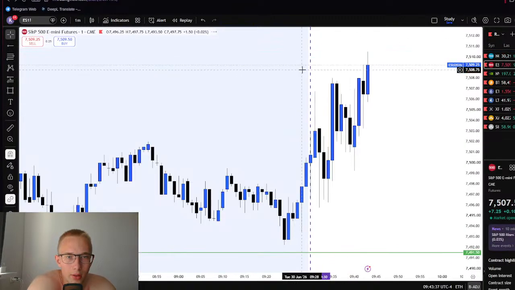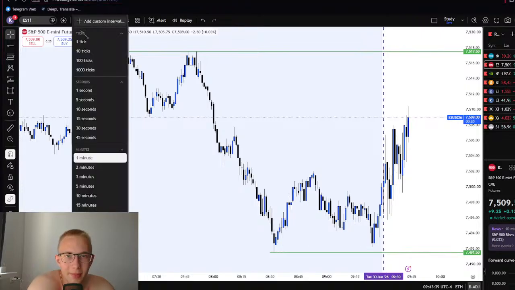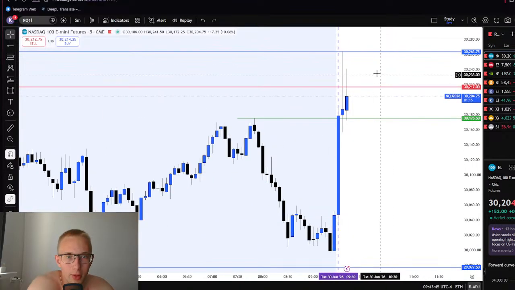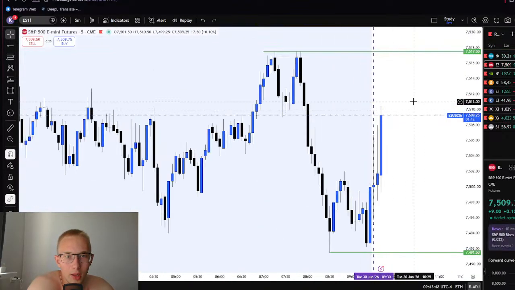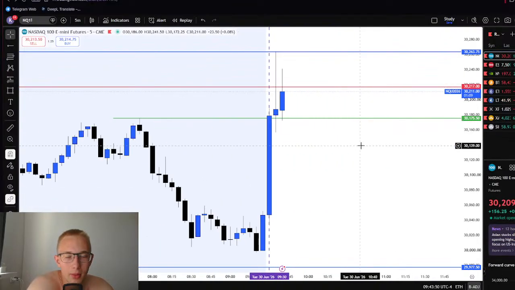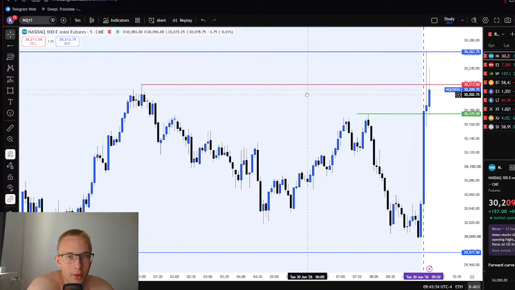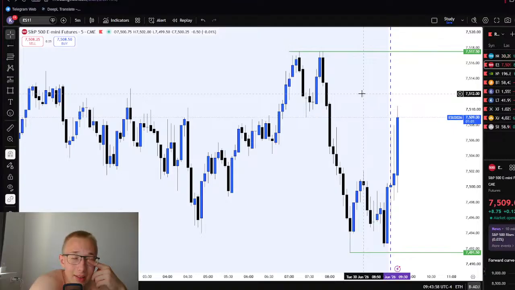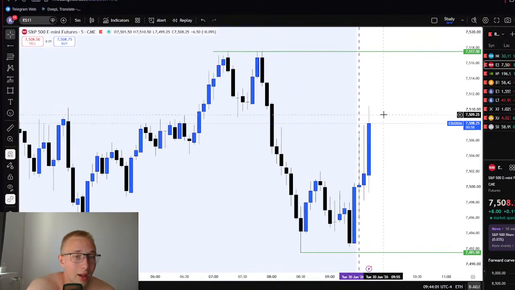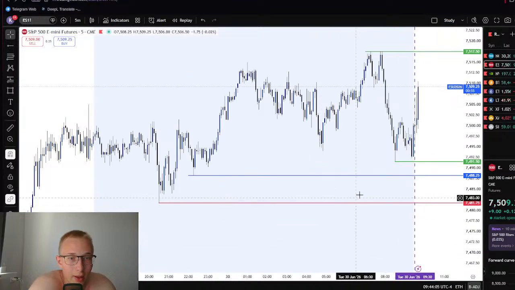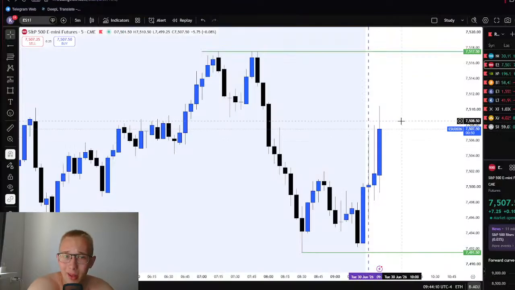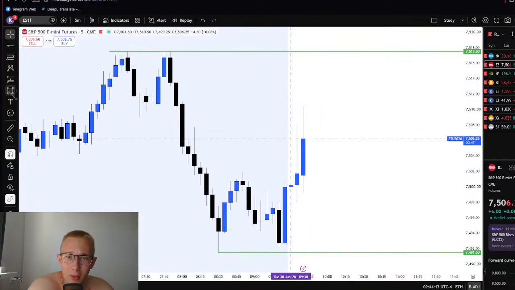I don't really want to enter longs on that, not gonna lie, because it's just not looking too good. We swapped significant draws on liquidity to the upside. On NQ we do not make an SMT, but still we swap them. There is pretty much nothing to target anymore to the upside on NQ and ES as well, because there is only those London highs. But not gonna lie, we've got much more liquidity to the downside than to the upside. So I'm not really willing to be bullish, so I don't know if it could be a good idea